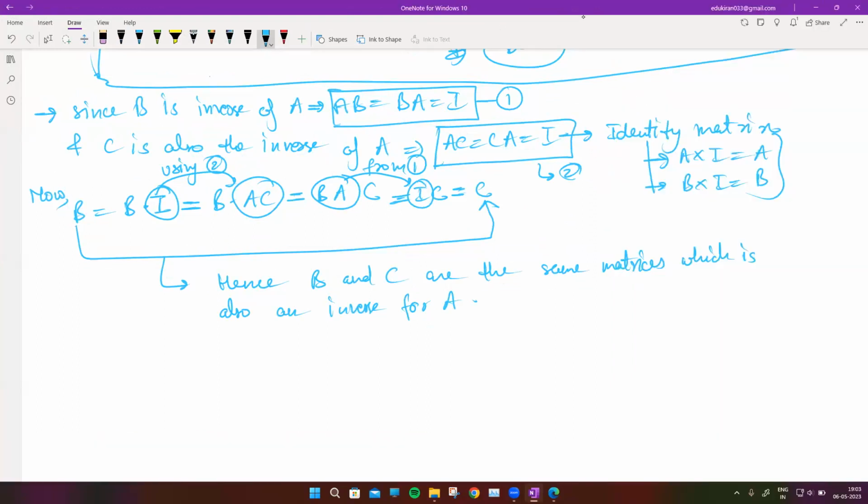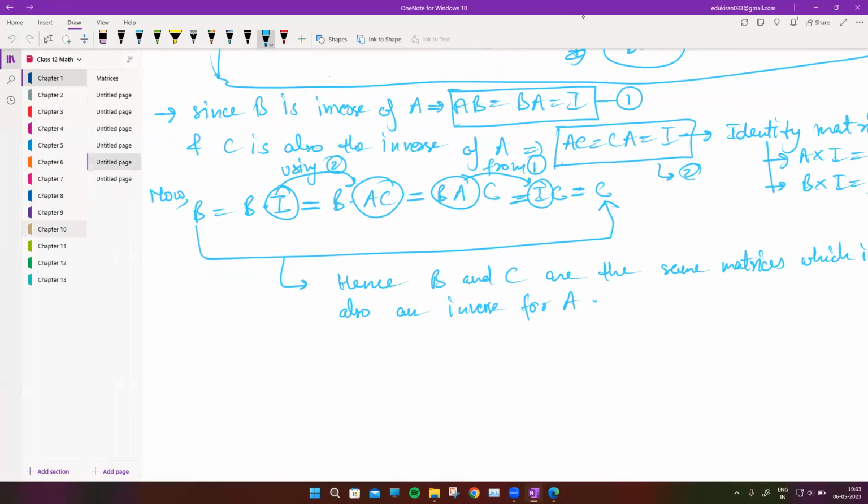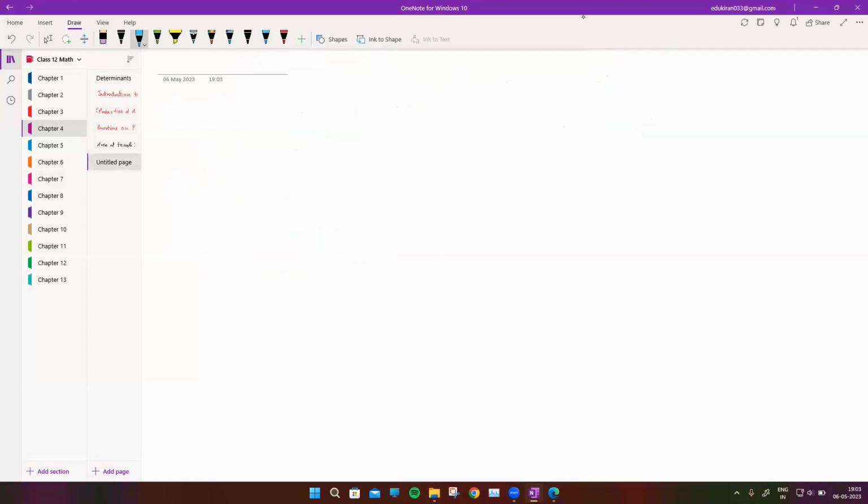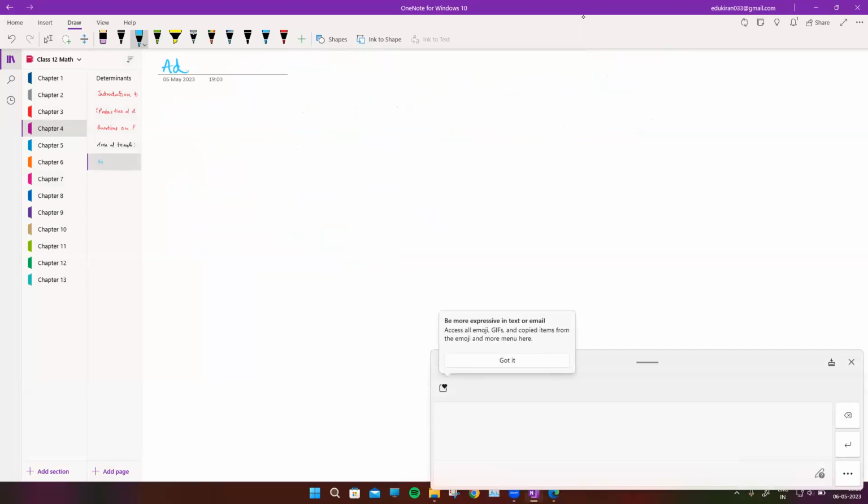And how do we know if it exists or not? You have to first find out the determinant of that matrix. If the determinant is 0, don't go forward. Just write that the inverse of this matrix does not exist. And if the determinant is non-zero, then we will have to find out the inverse. And to find the inverse, we need this,